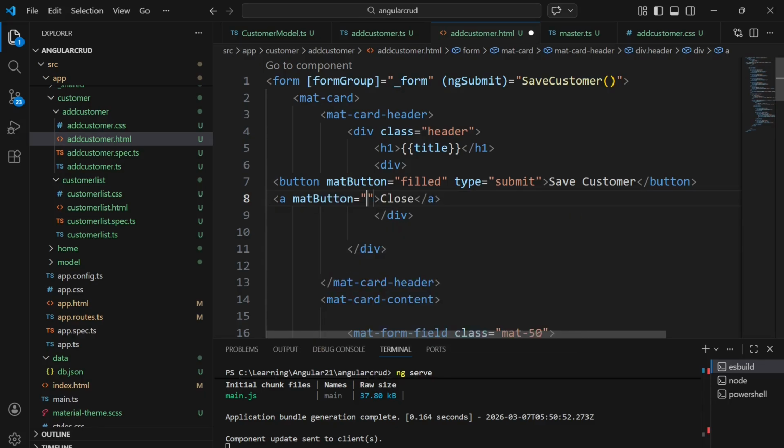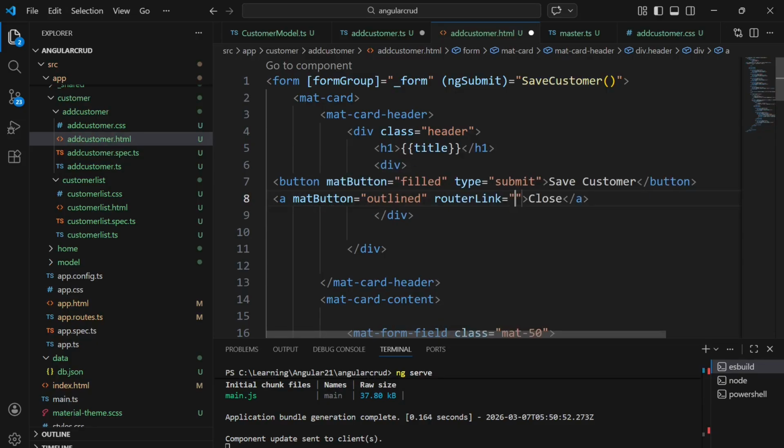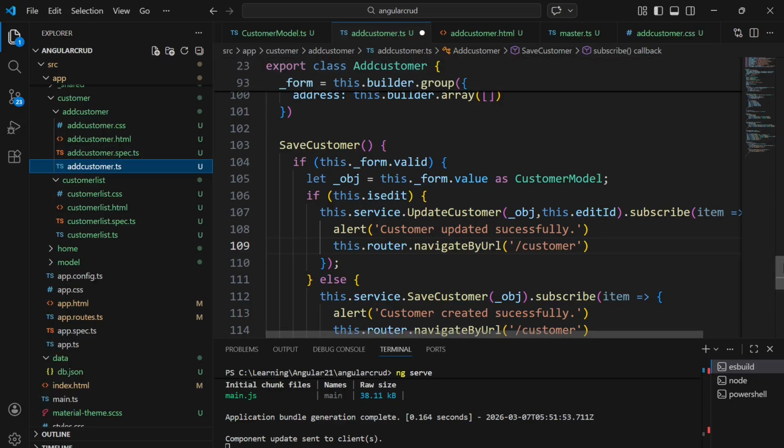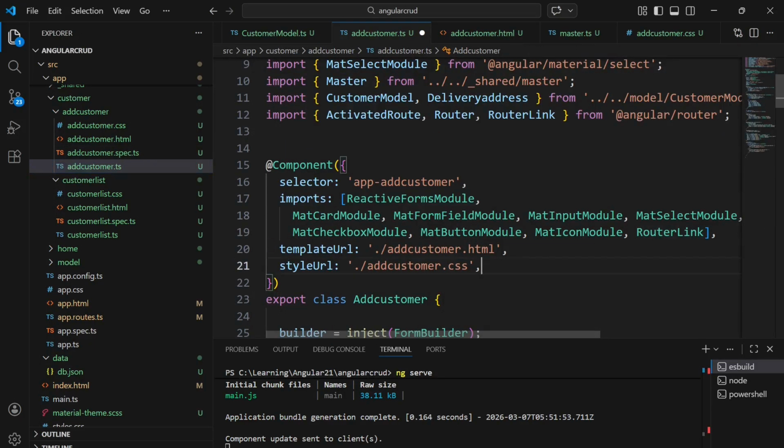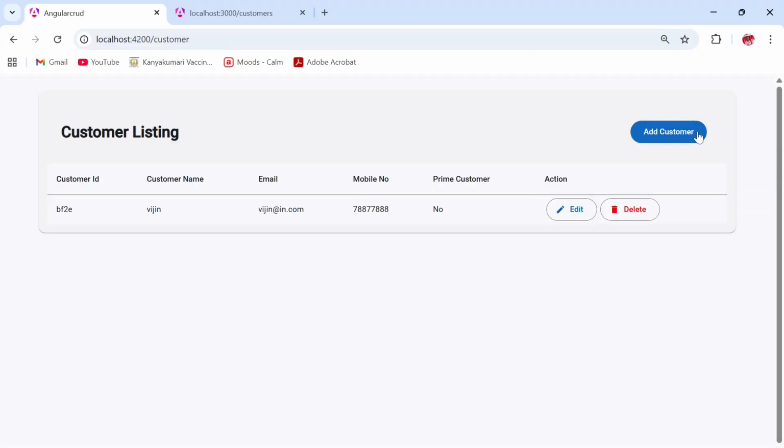Here we can provide this mat-button as outlined. Here we can include the router link. We can provide customer. Okay. And a very important thing is, if you are including this router link here, make sure we need to import it here, the TS side. Okay. Anyway, this one also done. Let me save this one. Now if you look here, we are able to see this close button. Once I click on this close,